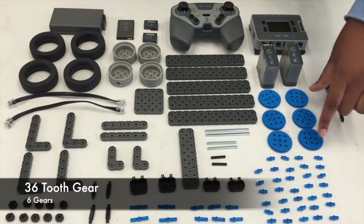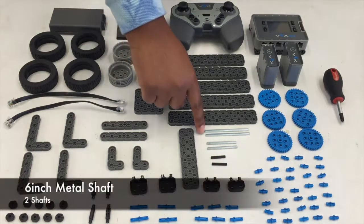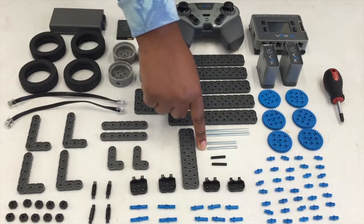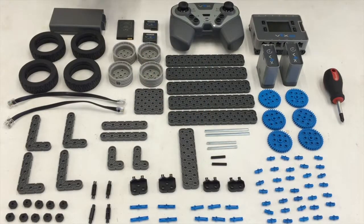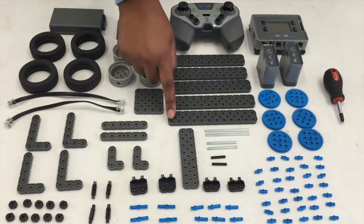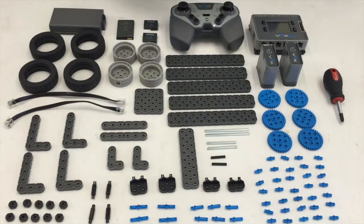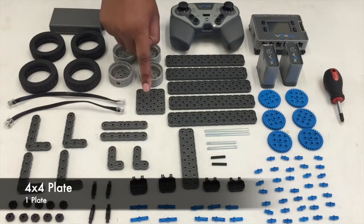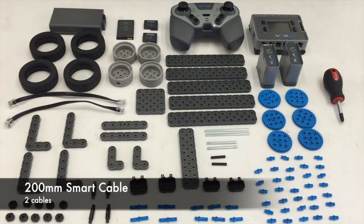6 36 tooth gears, 2 6-inch metal shafts, 2 4-inch metal shafts, and 2 2-inch plastic shafts, 5 2x12 beams, and again count out to make sure it is indeed 2x12, 1 4x4 plate, 2 200mm smart cables,